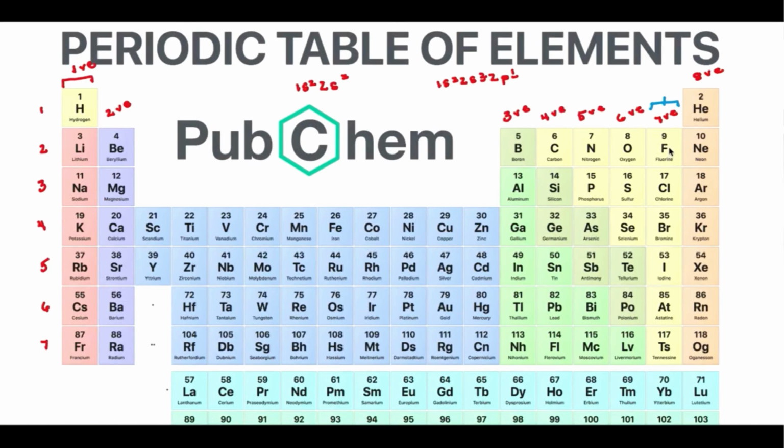So fluorine, for example, which is 1s2, 2s2, 2p5, all it has to do to get the electron configuration of neon is gain 1 electron. And then it'll be 2p6, and there'll be 8 valence electrons. So if it gains an electron, that means it will have a -1 charge. So all the atoms in this group, in your halogen group, will have a -1 charge